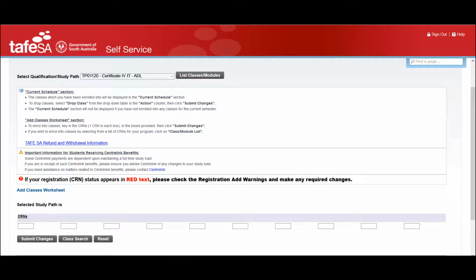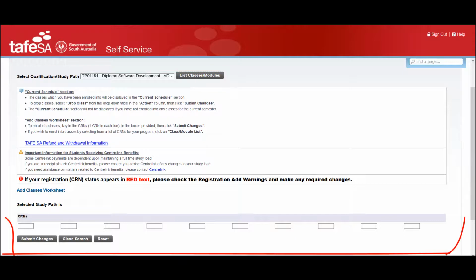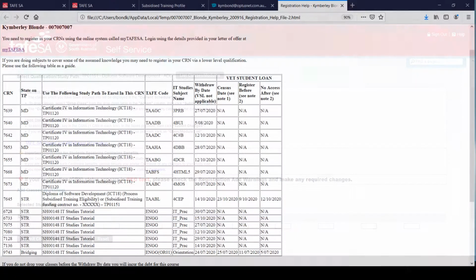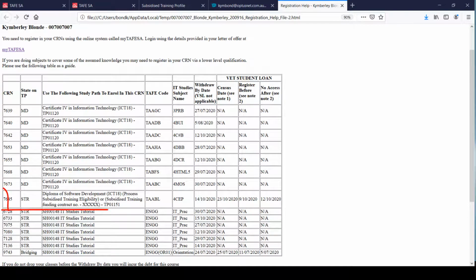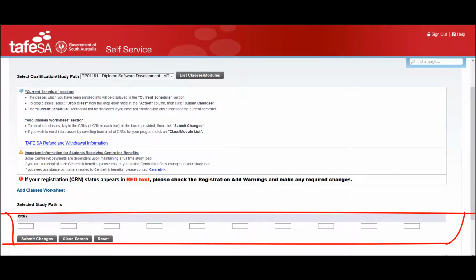Then when you've done that, click on Submit Changes. Now to go ahead and register in the diploma CRN, go up the very top and choose the diploma pathway study path, then click on List Classes and Modules, and it's important to do that to refresh the data. Then you go down to the very bottom to type in the CRN. As previously mentioned, refer back to the registration help file to know which CRNs are associated with the diploma. Type in the CRN, press tab, click on Submit Changes, pop in an appropriate date range,